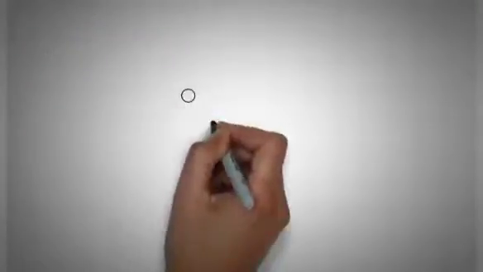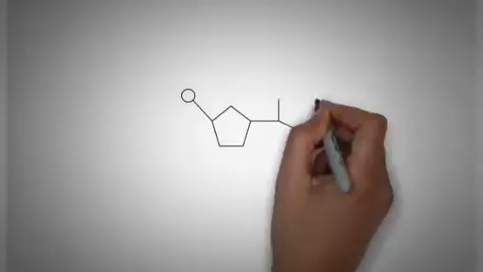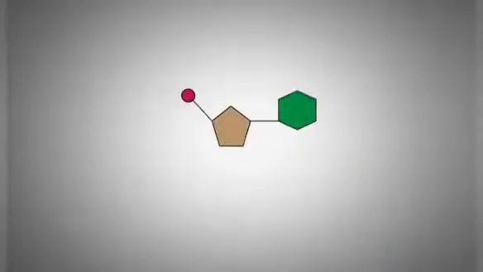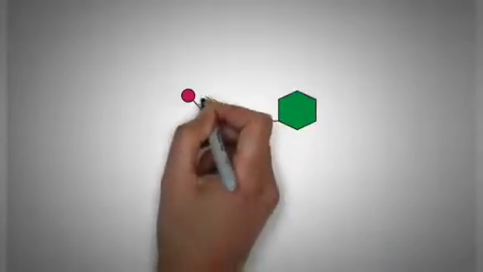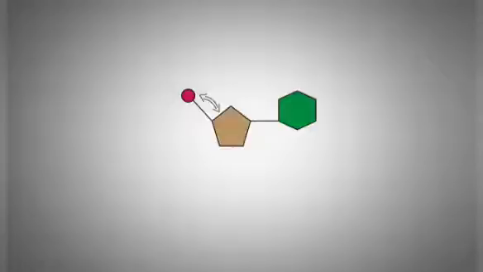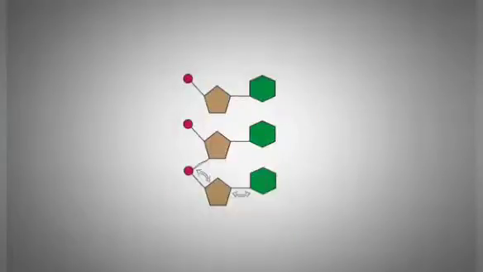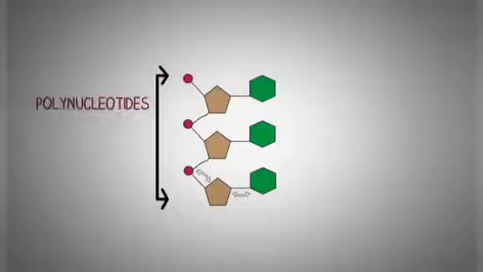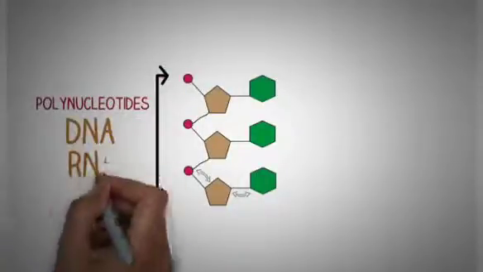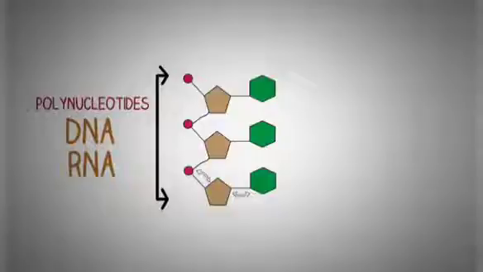So now you know the individual structures which are present in a single nucleotide. Next we will look at how these individual structures bond to each other to form a single nucleotide, and then we will look at how many nucleotides bind to each other to form a chain of nucleotides which is called a polynucleotide, which can be either DNA or the RNA.